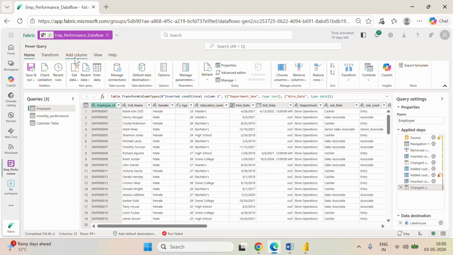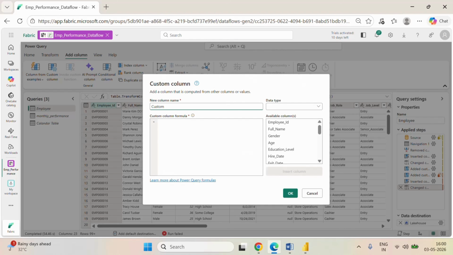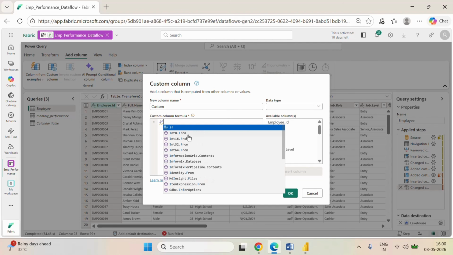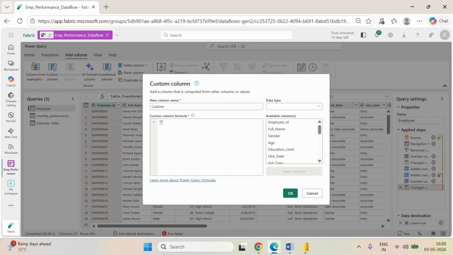We are going to create a custom column. Let me click on here, and we have to write the if condition. If employee base salary, okay, base salary annual